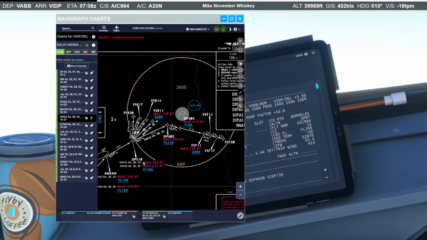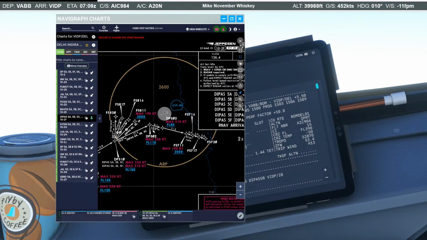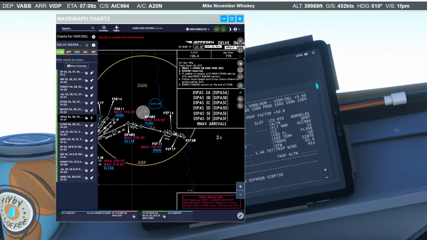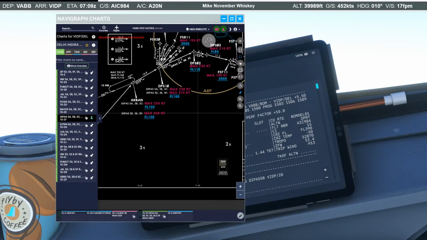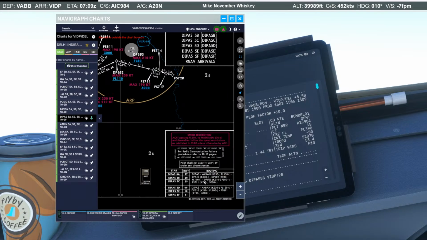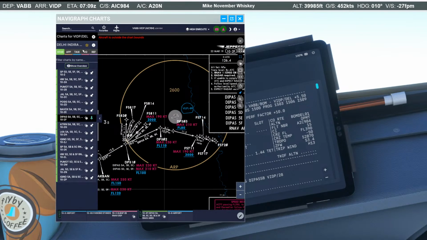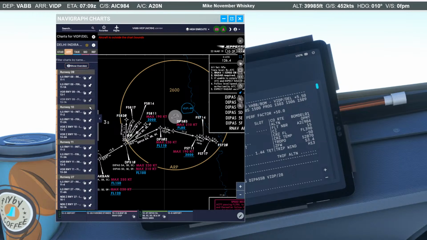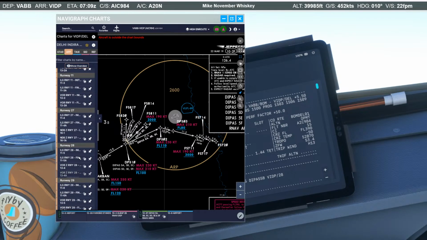And then we start to slow down as we descend. And then it looks like from here we probably vector in to the runway, if there's any other guidance. Runway 28, and that is, okay, that's like the dedicated STAR for runway 28. So on the approach, ILS runway initial approach.